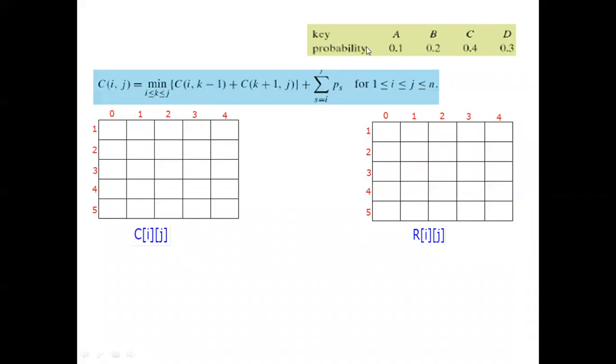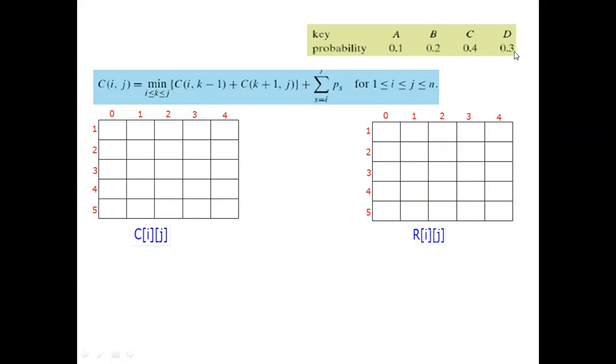In the previous slides, I explained what frequency is. The meaning of frequency is how many times A is used. It is used 0.1 time, which is in percentage manner. That means A is used 10 times. If you convert the percentage into an integer, it is used 10 times. B is 20 times, represented in the percentage way. But for calculation, you should use the values the same way they are given, right?